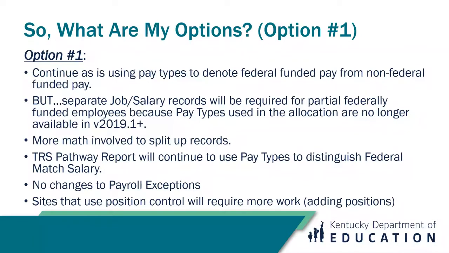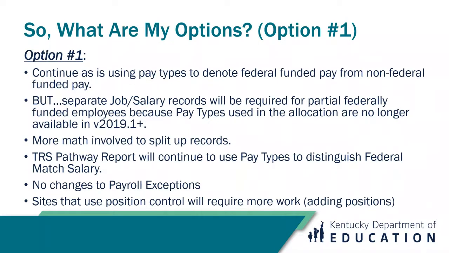I can see out of the corner about classified staff due to federal health insurance reimbursement. So that has nothing to do with this. That is driven by GL codes. So their job salary is going to remain the same. However you have them coded, they'll pull into federal reimbursement, whether they're certified or classified, based on their general ledger coding. So again, this really only impacts your certified staff because